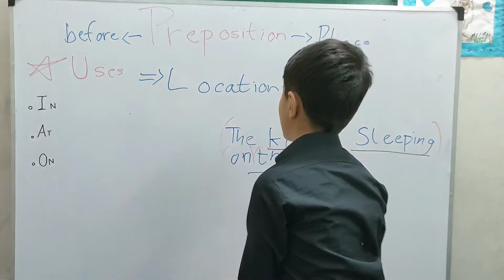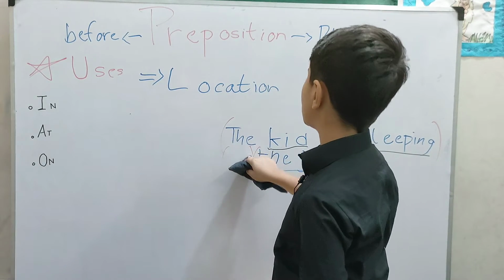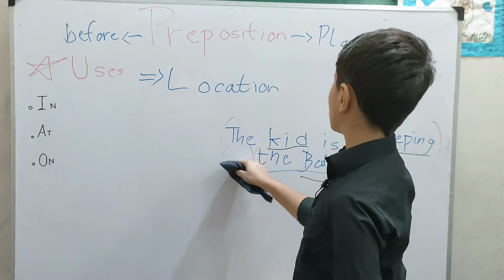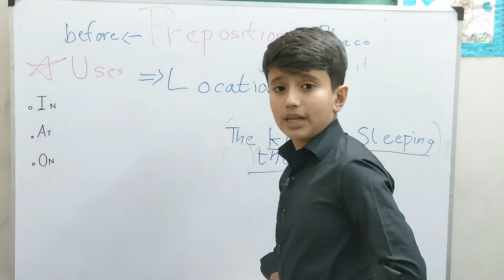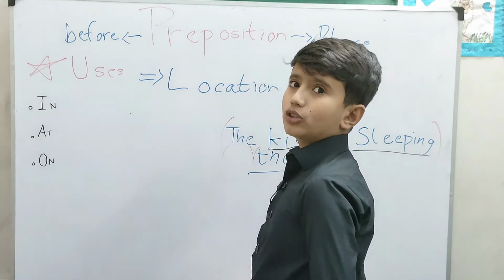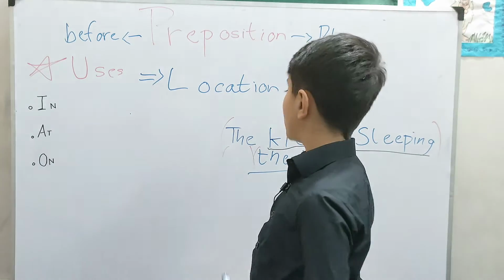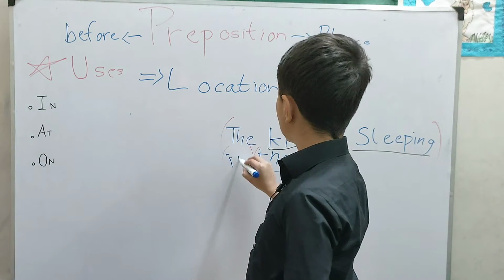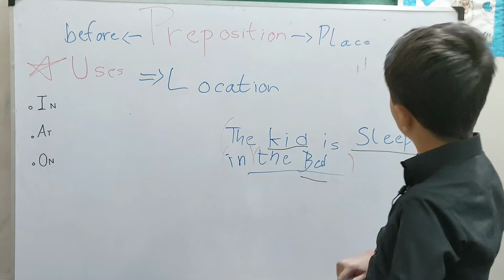Now there are lots of exceptional cases. I don't know how, but grammar doesn't follow logic. You have to just listen to it. I'm going to find out the logic for it, but technically it doesn't have any explanatory or satisfactory logic. But here it is in that comes: the kid is sleeping in the bed.